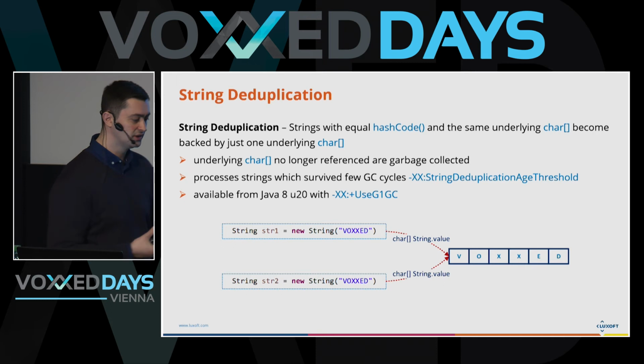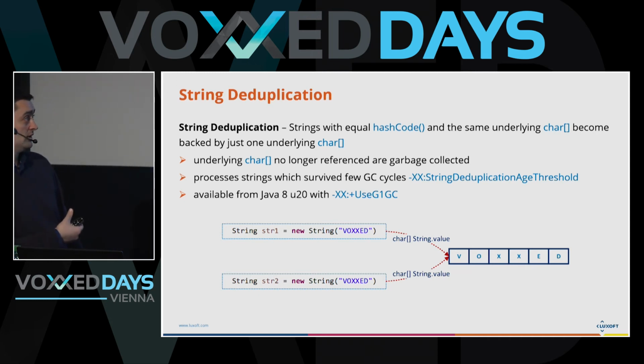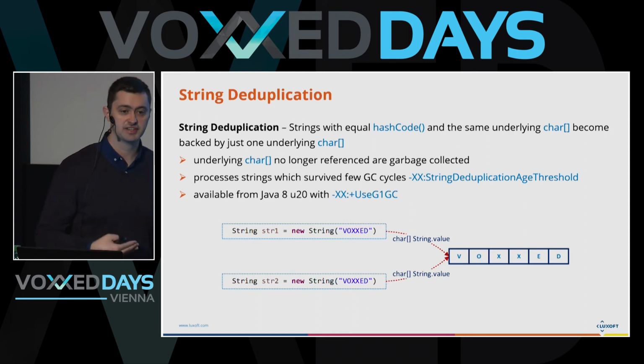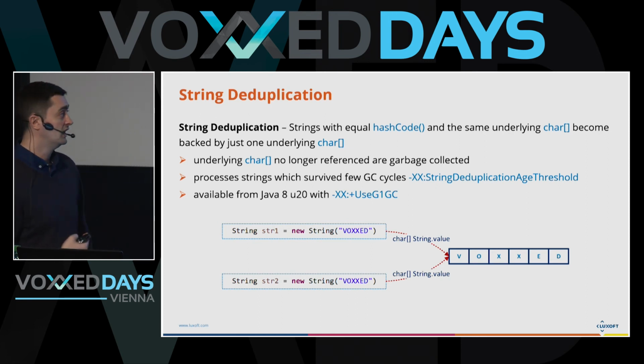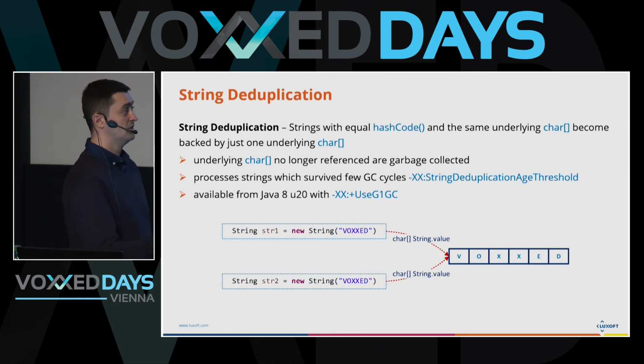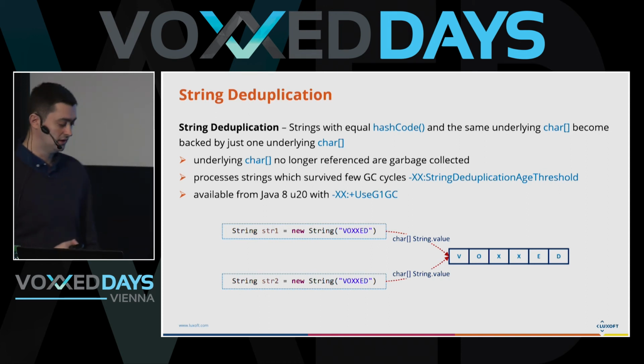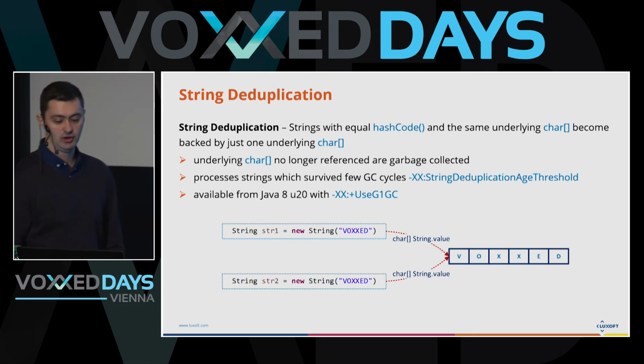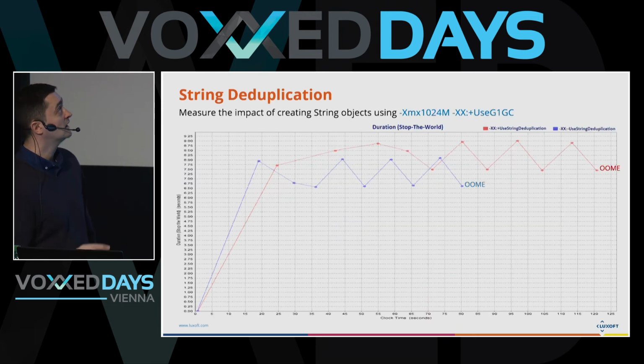And how it searches, those char arrays, the strings, sorry, should have the same hash code and the same char array. And if there are some similarities, if there are strings that are backed, all the redundant char arrays are removed. In this case, it optimizes the memory footprint during the runtime. Having this sort of explanation in mind, I did some tests on my machine, and what I did in here,